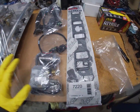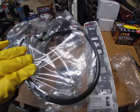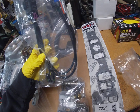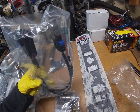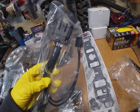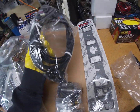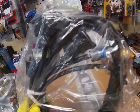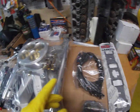And then, so here's another connector. Not sure what this one's for yet. I'll have to look at the instructions. Here's another one. This one might be for the fans. Yeah, I believe this one's going to be for the fans. And then this is actually your injectors. So this is a harness that will actually go to your